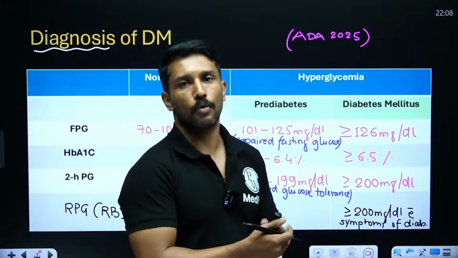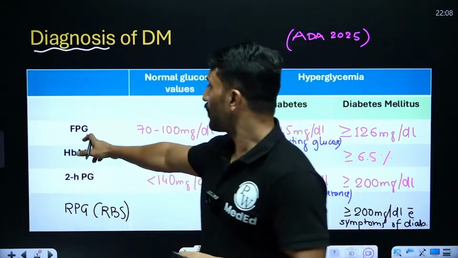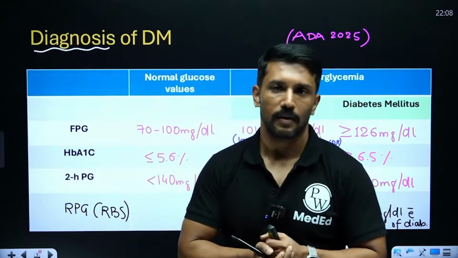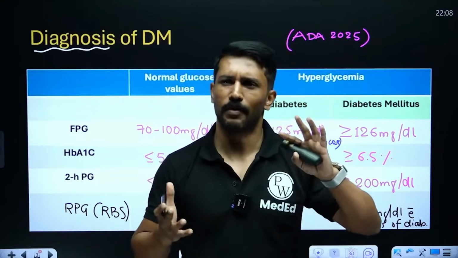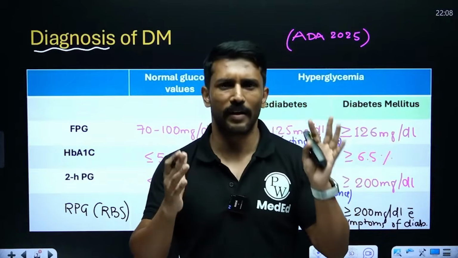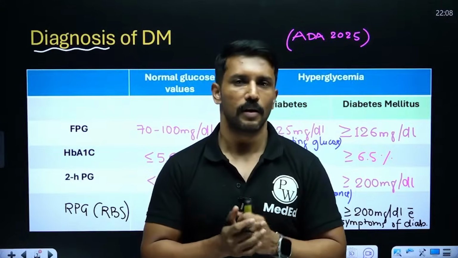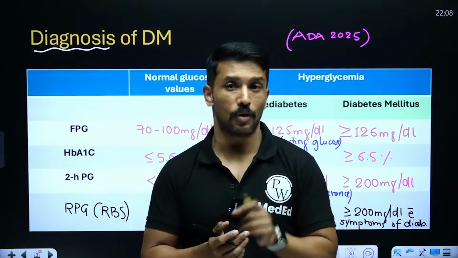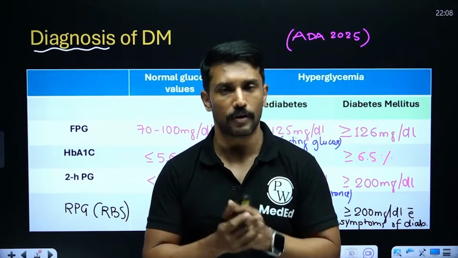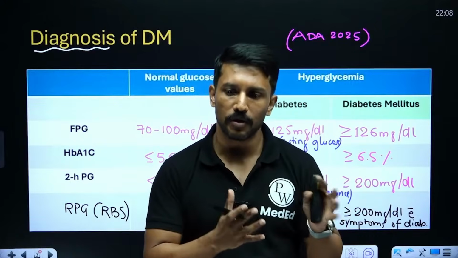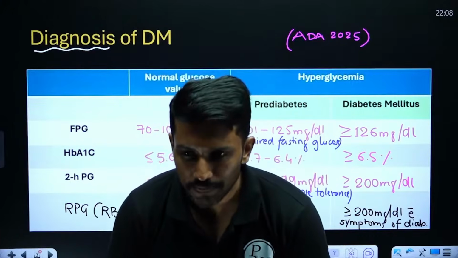Now comes another important question. What do you mean by fasting? The patient will say, sir, I went home late in the night, so at 1 a.m. I had some meal, and at 6 a.m. I went to the lab and gave my blood glucose level, and this is the result. So now can I diagnose diabetes based on this value? Fasting also has to be objectively defined.